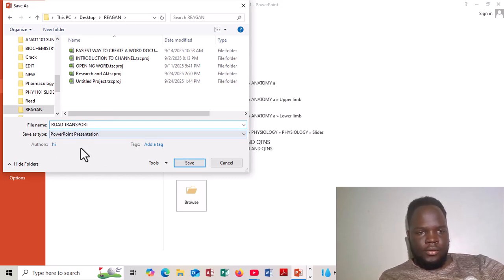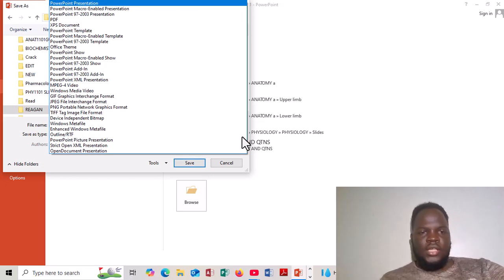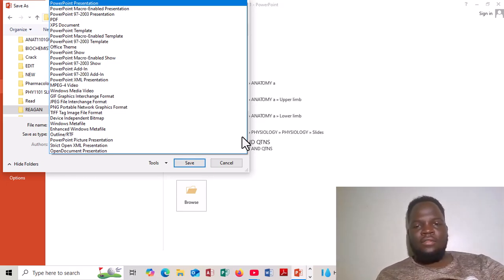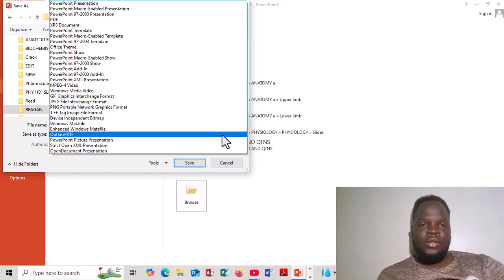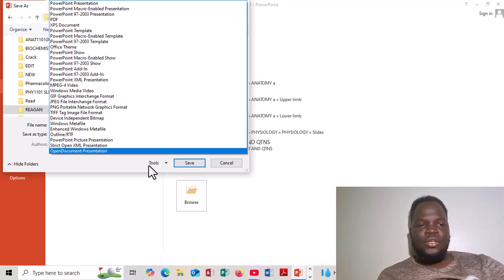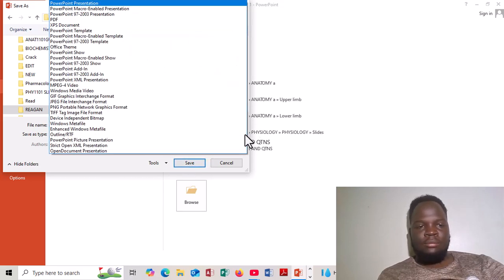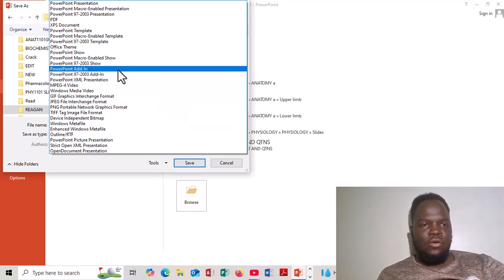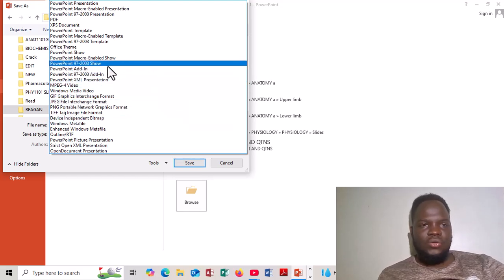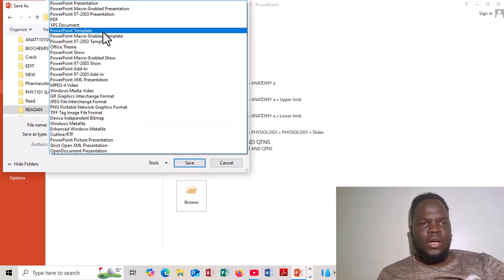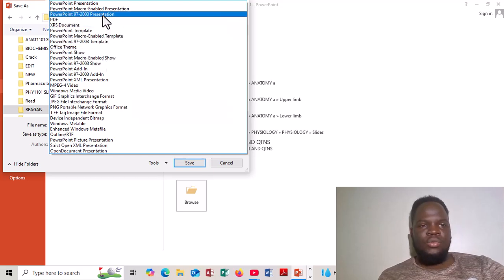So as we said in our previous video, whenever we are saving these applications, be it Word, be it Excel, be it PowerPoint, you don't just come and save. You must make sure that you come to the save as type before you click the save button. This is very important. You come to the save as type and then you look for 97 to 2003. So we have PowerPoint 97 to 2003 presentation, and that is the format that we are going to use